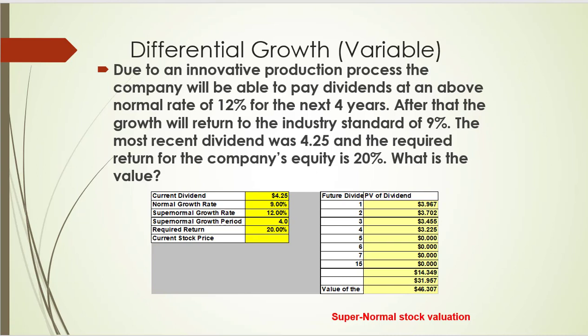Sometimes these are your textbook, and many textbooks refer to these as differential growth rates or variable growth rates. I think a very self-defining title is supernormal growth rates. And this model that I have is a very simple model. It assumes one change, that a company has a new innovation. The growth rate grows at above normal industry rate, in this case 12%, for a certain period of time, 4